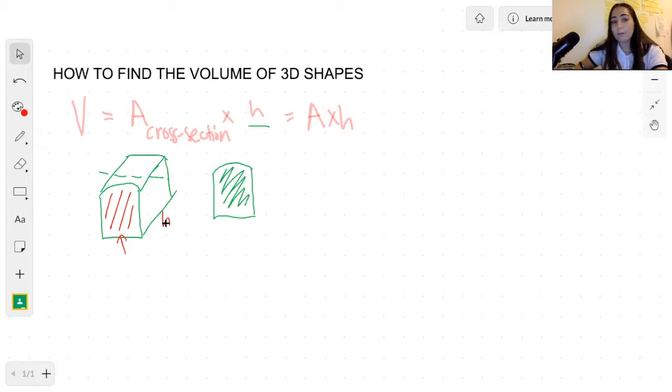And that's really important because sometimes you'll have different cross sections. You're not always necessarily going to cut it like that, but sometimes you're going to have to cut it like that, in which the height will not necessarily be horizontal, but will be vertical. But as long as it's the distance between the front and the back, or the top and the bottom. So for example, if you had a cylinder,